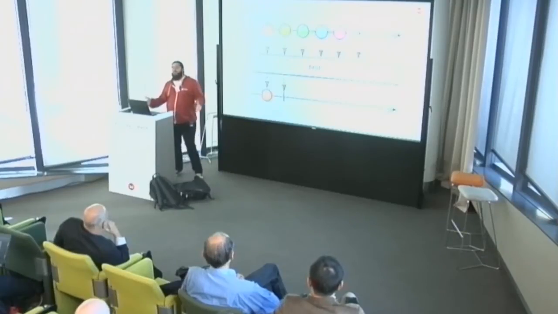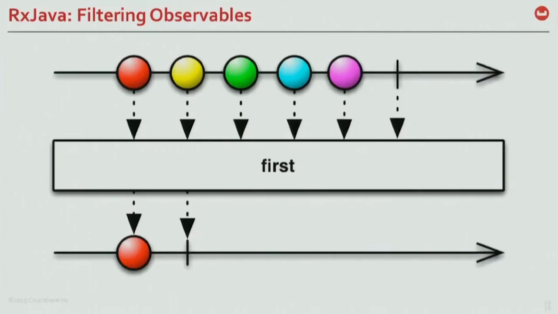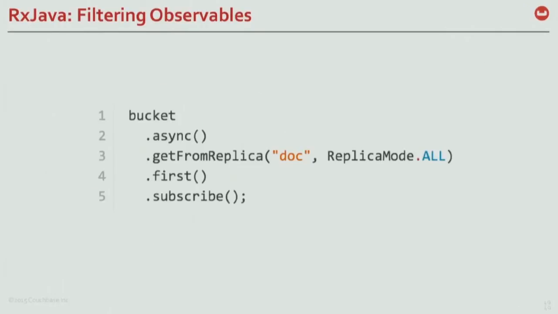So you have an observable coming in. There are several things you can do. It's a stream. You can wait until you have the totality of the stream, have a list, and return the list. Or maybe you just don't care about all the following elements and you want the first one, which is what the first method is doing.